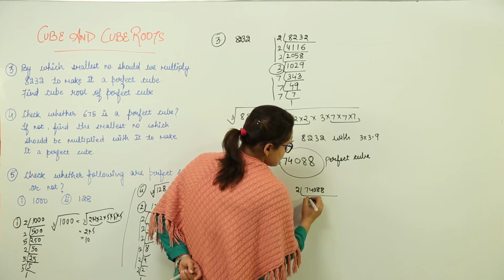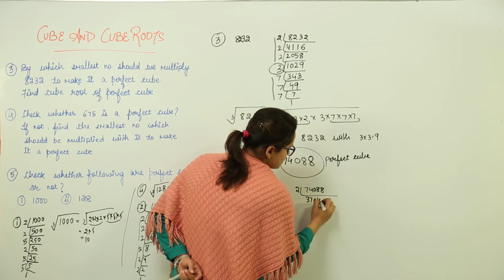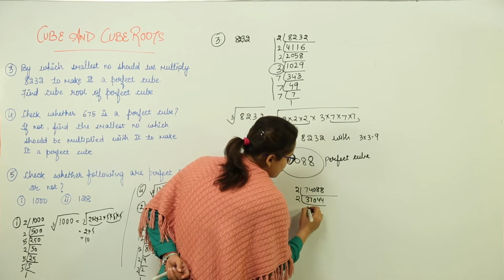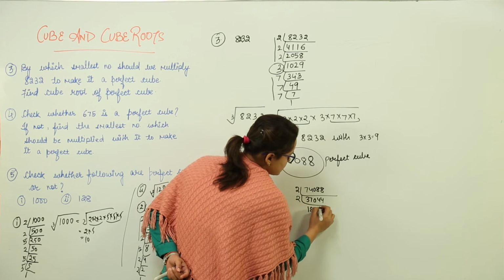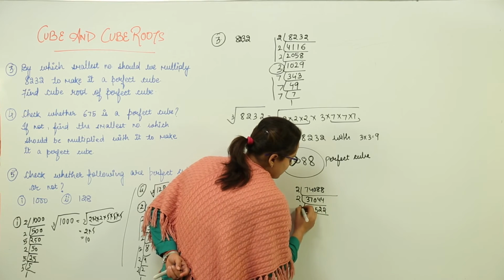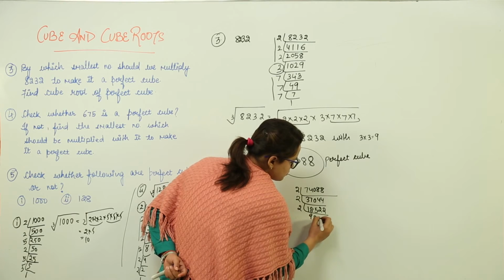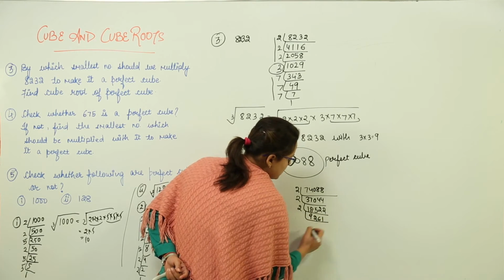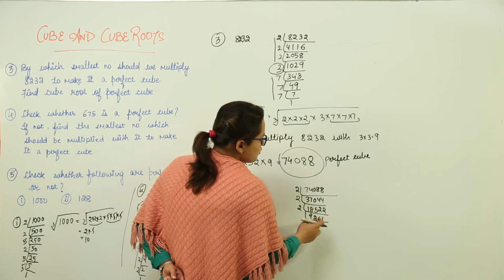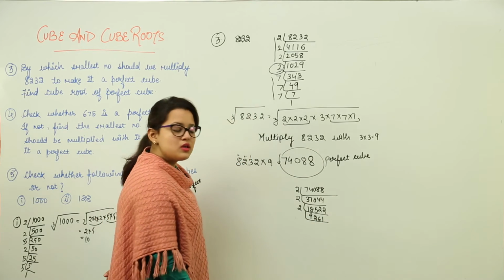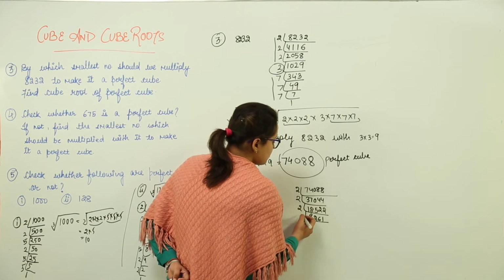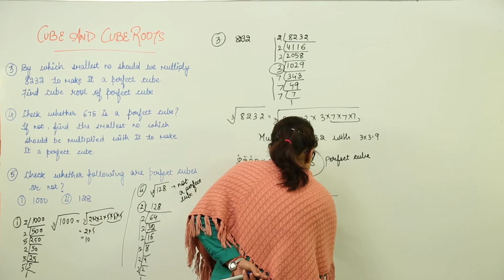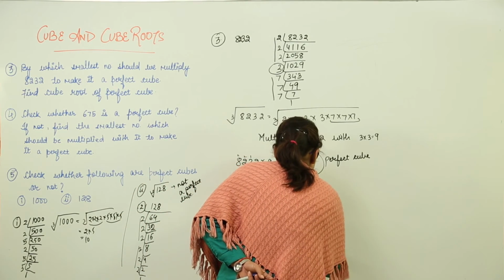2 3s are 6, 2 7s are 14, 0 4 4, 2 1s are 2, 17, 2 8s are 16, 10, 2 5s are 10, 2 and 2. Again with 2, 2 9s are 18, 2 2s are 4, 2 6s are 12, 2 1s are 2. Let us check this. This won't go with 2. Why? Because it is ending with 1. So we try and do it with 3. I don't think it is going to go with 3. Then let us check what is it going to go with?